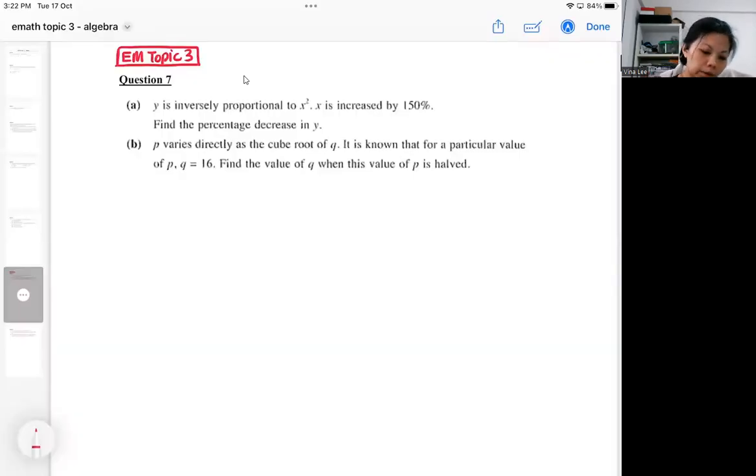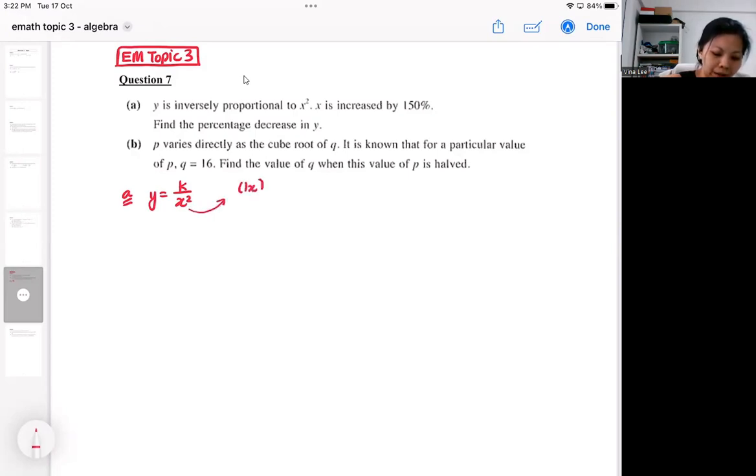So for this question, it's a very typical question for direct proportion. I'm going to show you both parts. For part A, it is the inverse setup. I think by now all of you will be all right to do the inverse setup. I just want to remind, when you do the inverse setup, do remember to see this part as